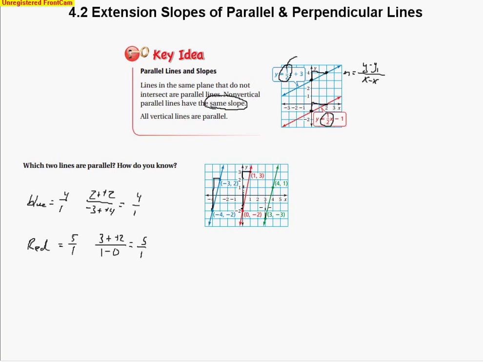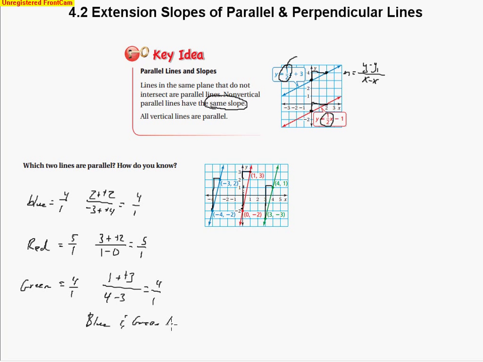So far we see these are definitely not parallel, so let's take a look at the green line and see which one it's parallel to. So I'm drawing a line going up 1, 2, 3, 4 spaces and over 1. So the green line has a slope of 4:1. So if I was to use its ordered pairs in the slope formula, it would be 1 minus -3 over 4 minus 3. So I add the opposite, and you can see how that's the same answer I got over here, 4:1. So we would say that the blue and green